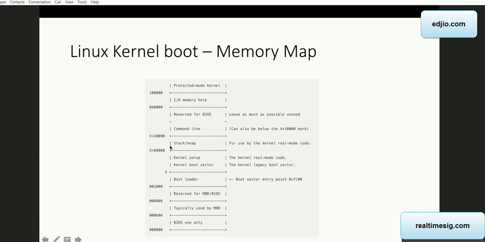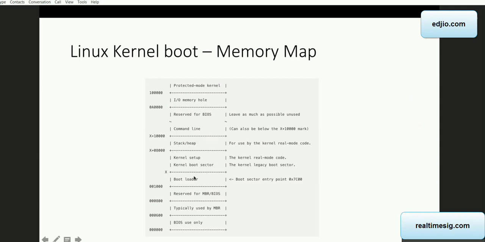of this much size. So if you subtract 10,000 hex from 8,000 hex, you will end up having 2,000 hex. That is the initial size of the stack or heap which is allocated. You see on the right side, it is showing the mode in which the kernel starts executing. So up till this point, the kernel setup is done, kernel boot code is completed, these two have initialized the